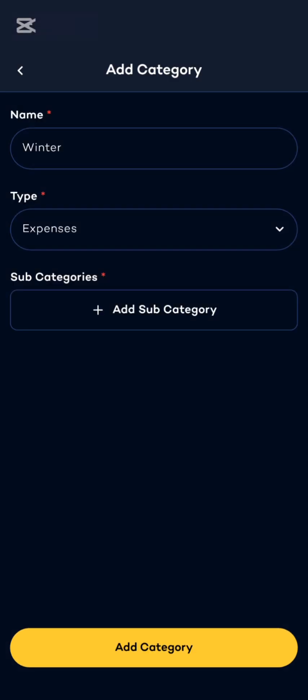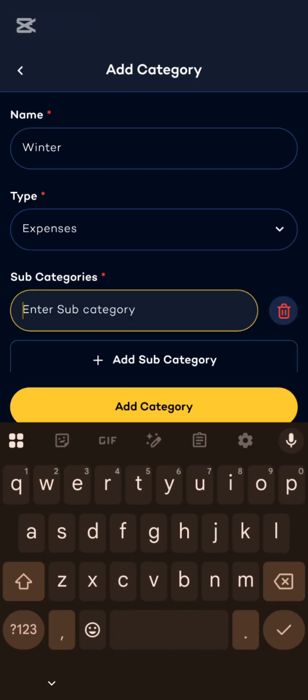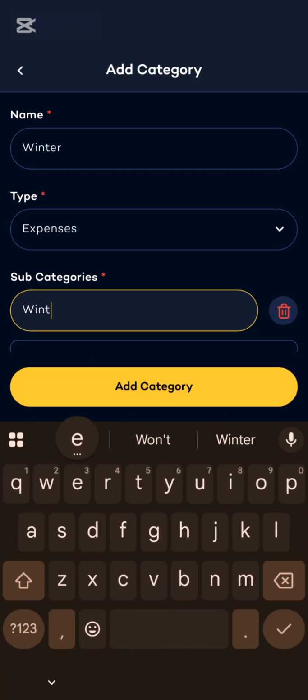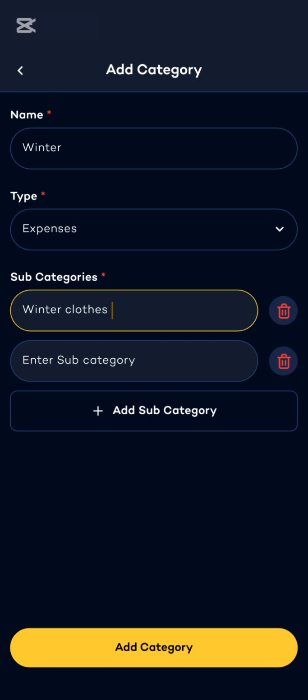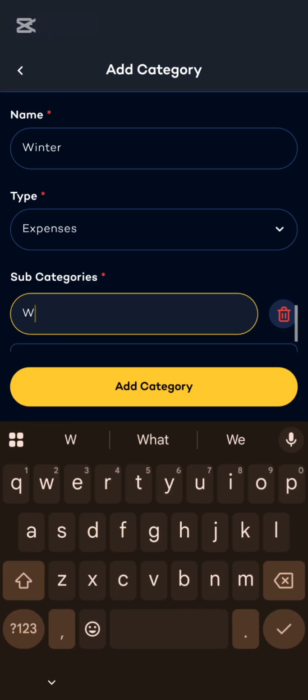Click on done, and then we add a subcategory because, like I mentioned, it's important. So for winter, we can just put here winter clothes, right? You can also add more than one category. We can also put here winter tires, for example,